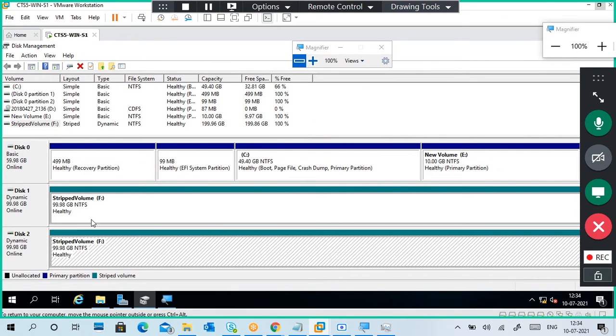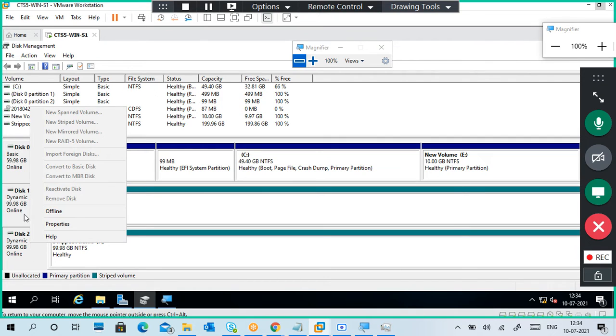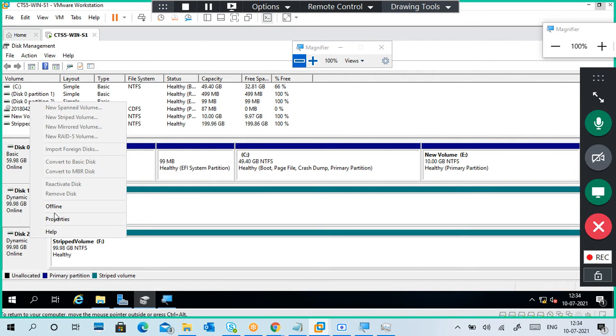What is the condition of a striped volume? The combination of 2 disks becomes the total disk space, right? Another point is that if one disk fails, you can't access the data. So right click on any disk, disk 1 or disk 2, and I'm just making it offline.